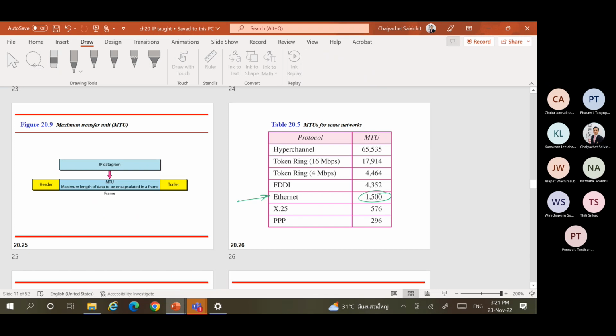1500 plus 18. 18 comes from 14 bytes of the header and 4 of the trailer. Okay, go back to the frame that we have talked about earlier. Layer 2 header, what do we have in the header? In the header of the frame, we have source address, destination address, right? Okay, and the other fields. And the last one, CRC, would be 4 bytes. So altogether it would be 1500 plus 18. So the maximum frame size would be 1518